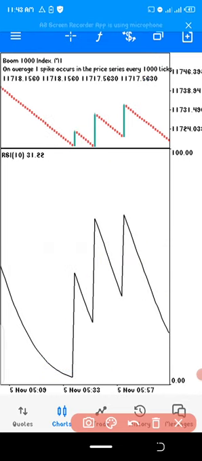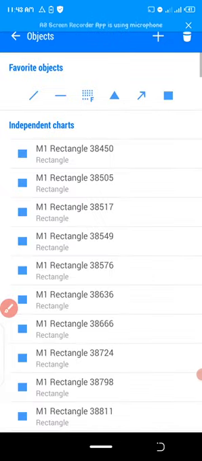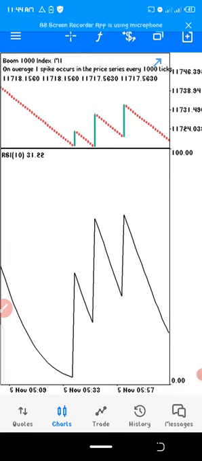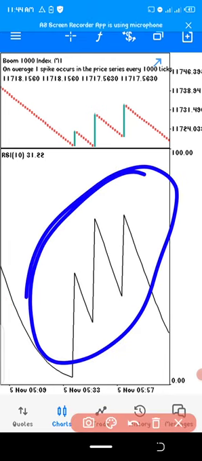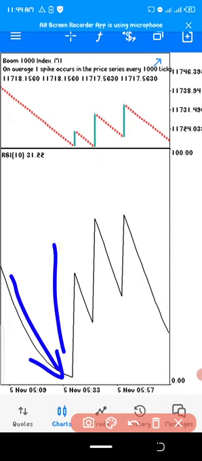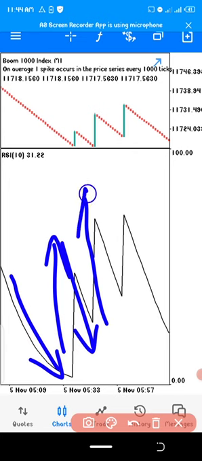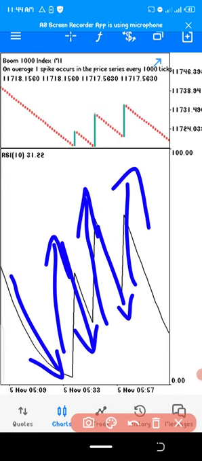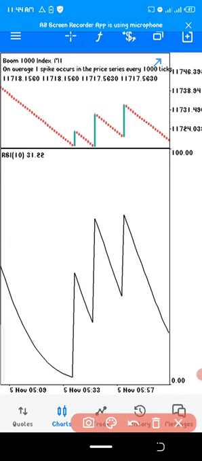All right, guys. So let me give you an example of a price action I'm trying to show you guys. Now I want you to first of all look at this diagram right here. Now we have the RSI come down and then come up, go down, come up, go down, come up a little, and then fall back down. What can you notice